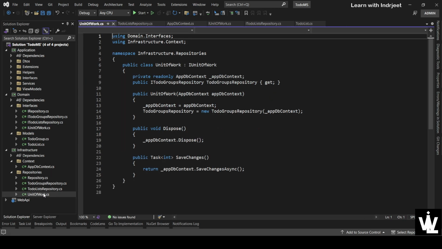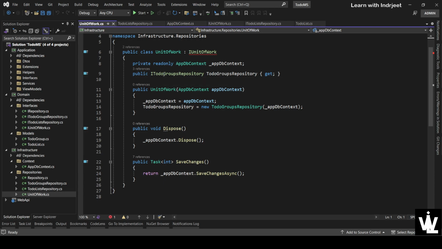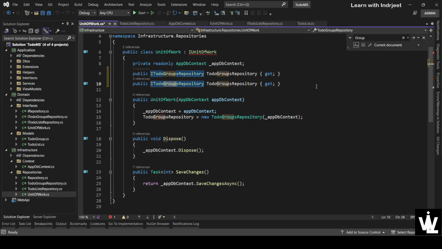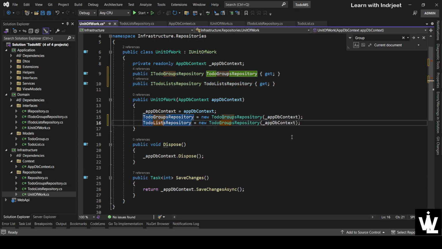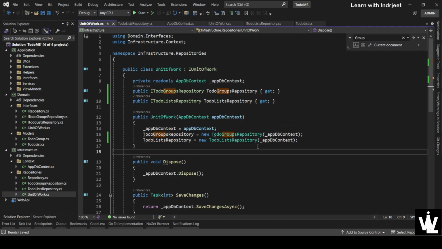Right, now in the unit of work, we'll find this pointer. So we need to change it here, duplicate, and ToDoGroup, and again duplicate, and ToDoLists. Fine. Okay,